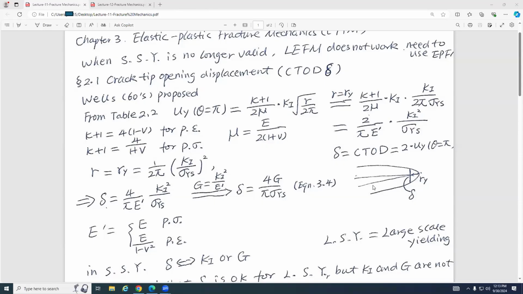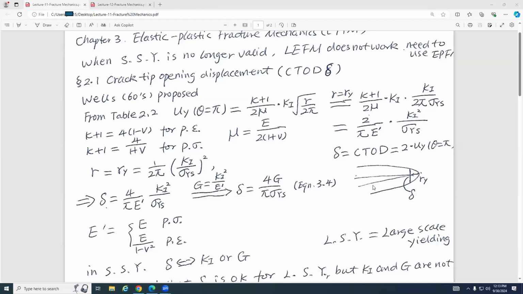I'm using theta equals pi, and R equals Ry. Theta and R, these two parameters, can determine one single point. You guys agree? So I can use what is given in Table 2.2 to get uy. And uy turns out to be (kappa plus 1) divided by 2 mu, times Ki, the stress intensity factor,